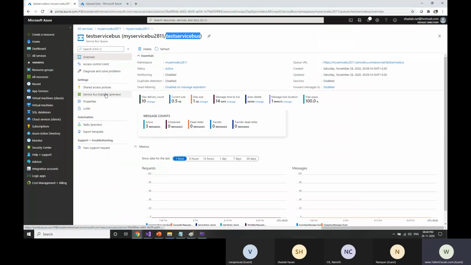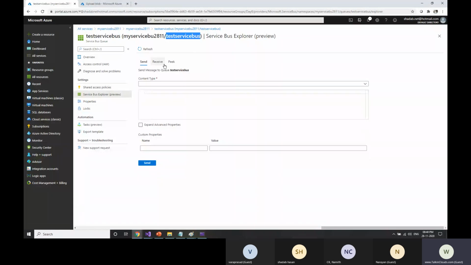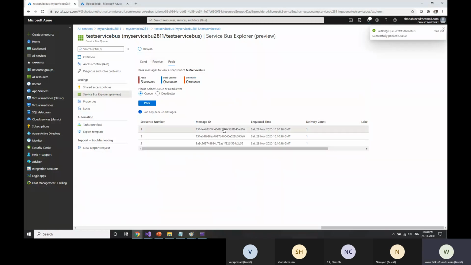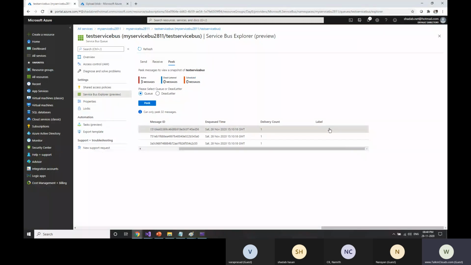You have the service bus explorer here, and also you can use it from your desktop as well. Again, you can go here and search, you have the 3 messages. Okay, so you can see here 3 messages. Those things you can see here. Again, while putting the message, you can put a label as well as part of the properties of this message.